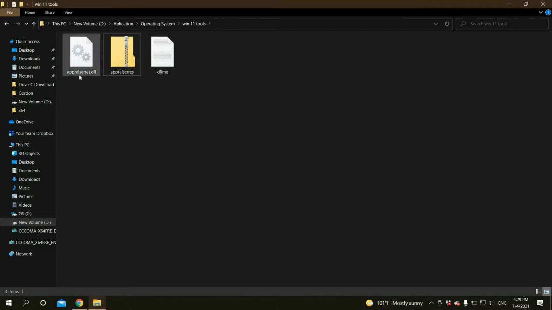After you extract, you can find this one. Don't worry, I just put the link of this file in the description below. You can download the file, and then you are going to install if you are interested to install the Windows 11. So you're going to copy this